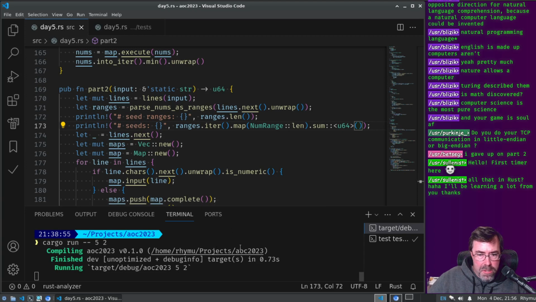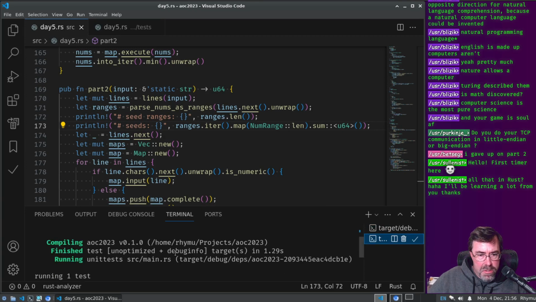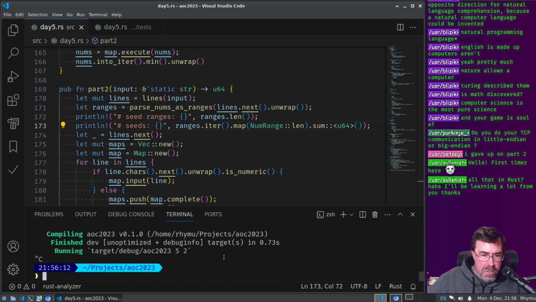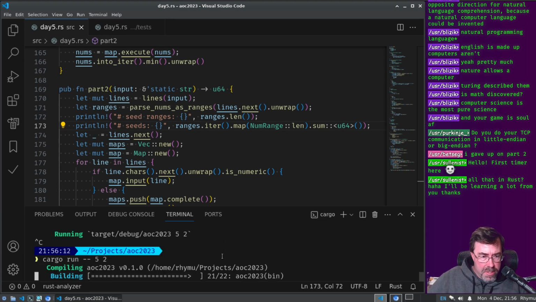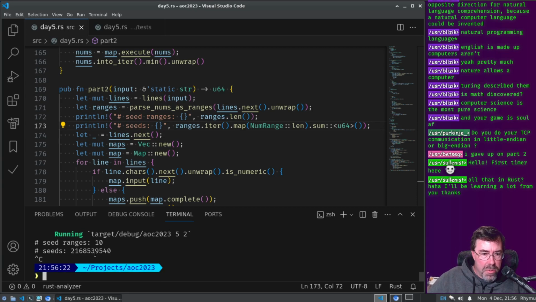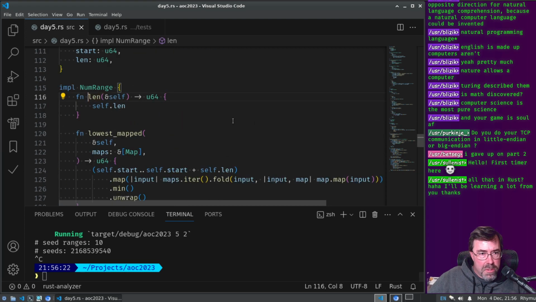Okay, obviously the debug build is too slow, so I'm just going to Control C it. Let's run it again. Okay, so there are 2 billion seeds. I thought there'd be more than 2 billion. Can I see what this length is?